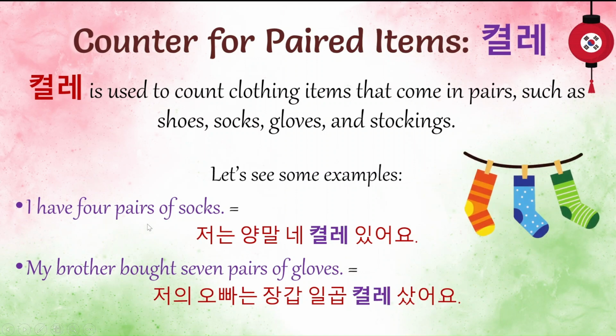I have 4 pairs of socks. 저는 양말 4켤레 있어요. I is 저는, socks is 양말, 4 is 네. Now you are counting 4 pairs of socks, and for that you have to use the counter 켤레. So this becomes 양말 4켤레. And to have something, we use the verb 있다, present tense